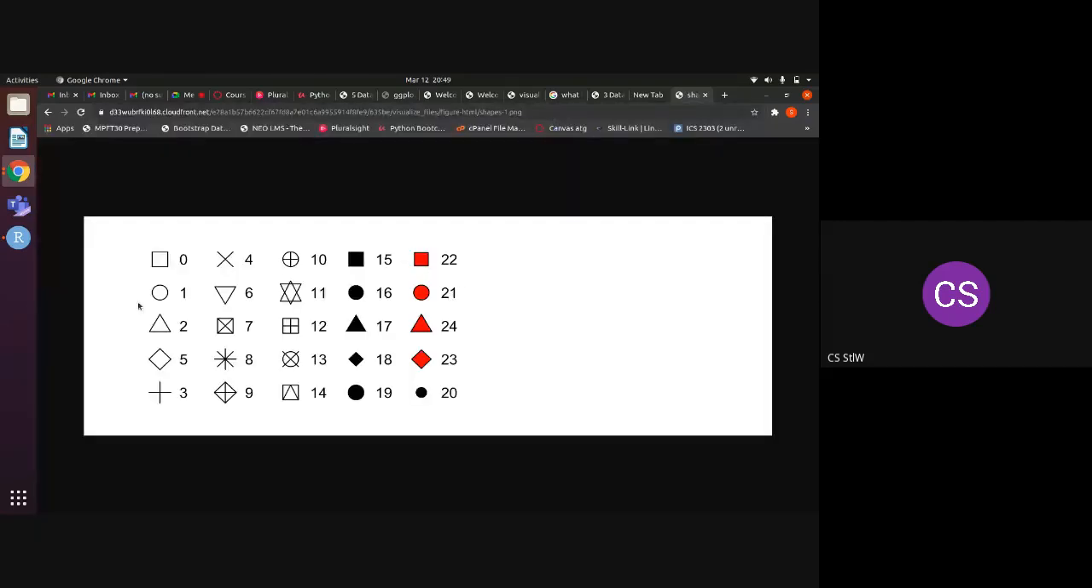So I'll just share this link with you. These are the numbers which represent the shape. So 8 represents the star. We have the diamond represented with a 9. The circle with an X is 13. Circle solid black is 16. Circle with a solid red is 21. So those are what they mean when they say